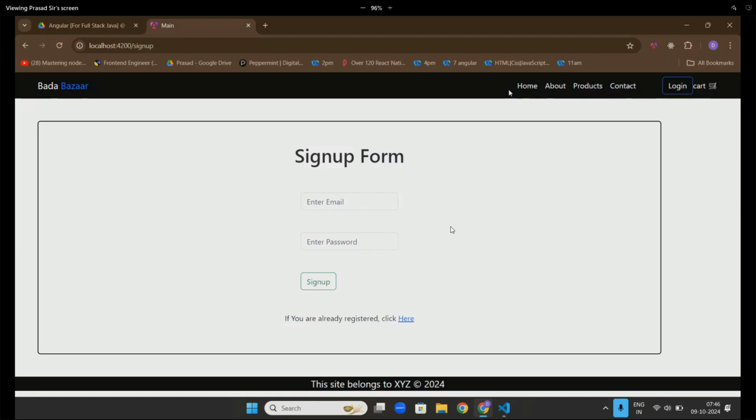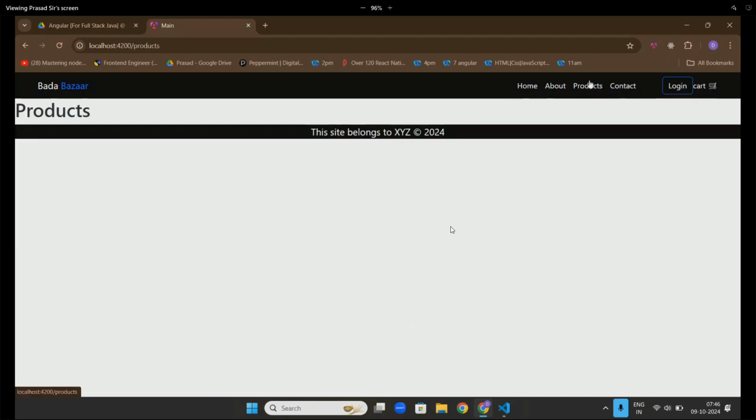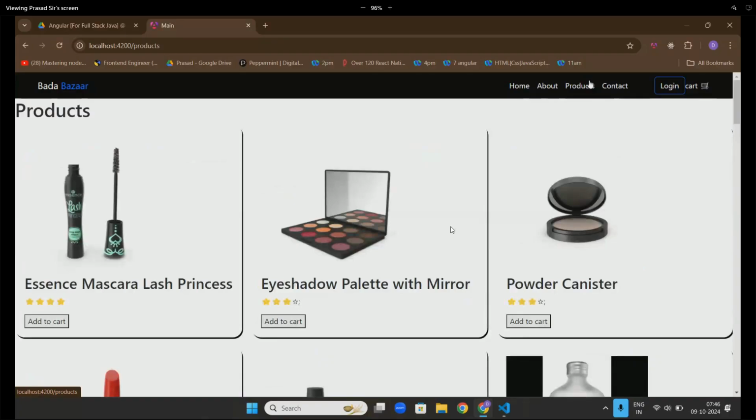After this, we printed all the products here. The logic for the stars was done yesterday; the only point is that we need some images.